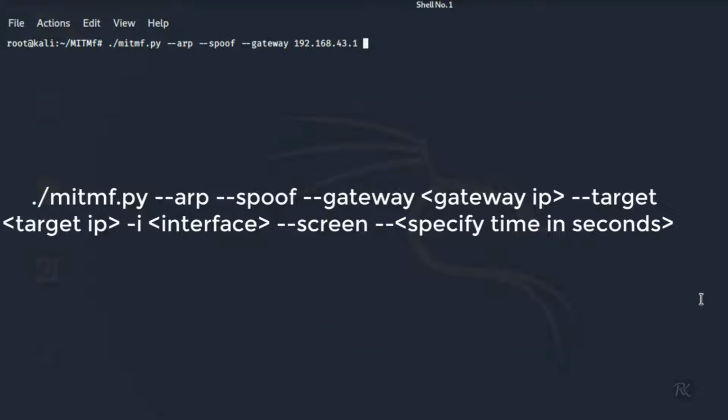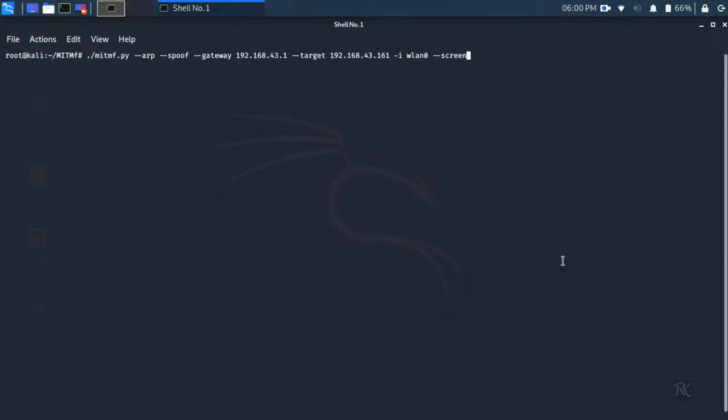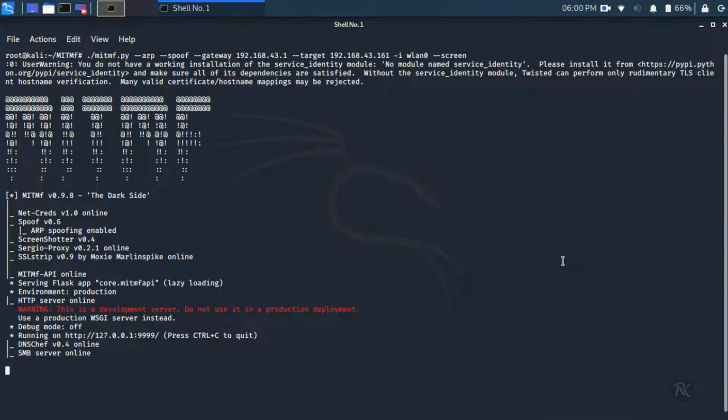Then --target and specify the IP address of your target machine, then -i, and give your interface name and --screen. If you want to specify the time, then you have to write --interval and the time, and if you don't specify any time, by default it will take 10 seconds.